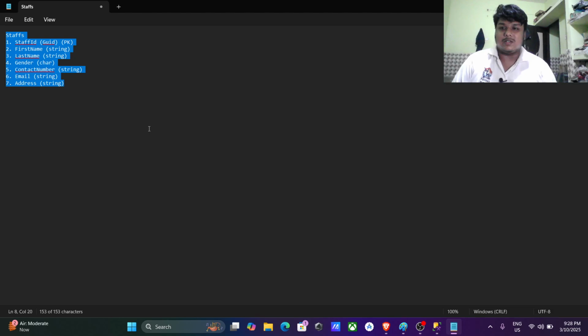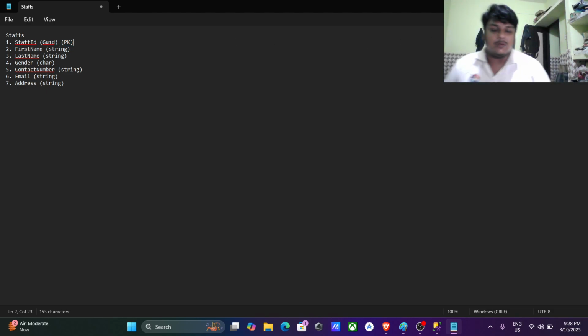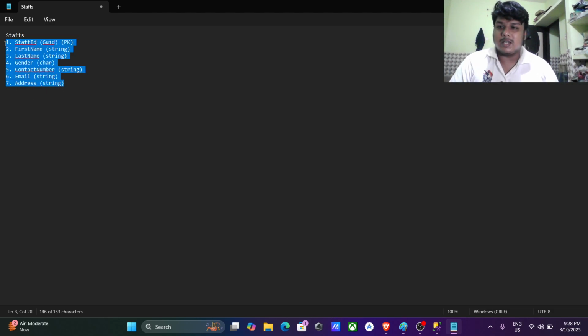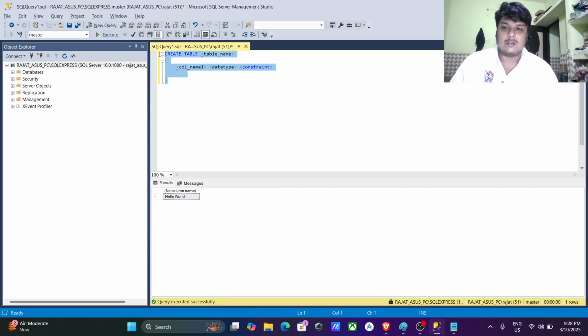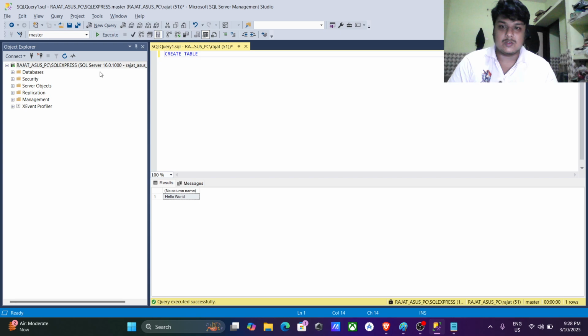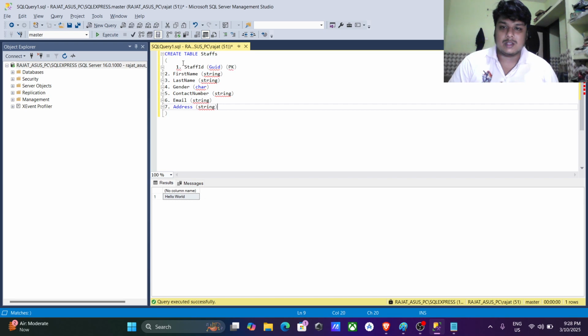So let's begin. There is nothing more than a primary key. Okay, nothing more than a primary key. So I will just write it down. So let's just take this, copy paste, and let's go to our SQL here. Okay. So what we want to do is create table. So you write the command table, then you write the table name, which is staffs. Okay. Then you open the bracket, and inside the bracket we just copy paste that,